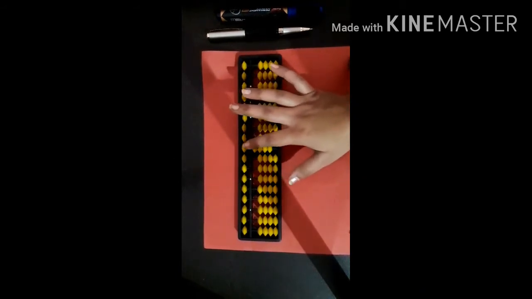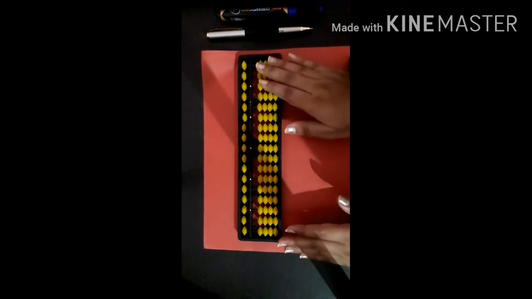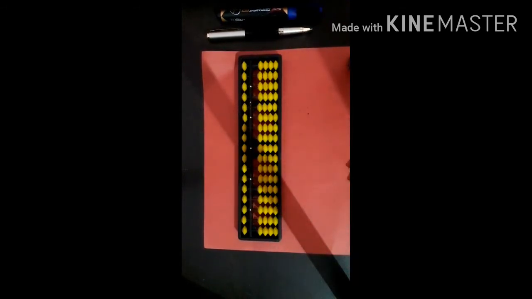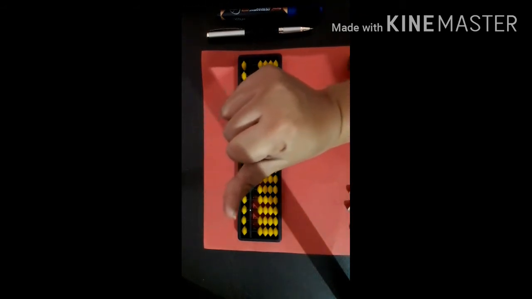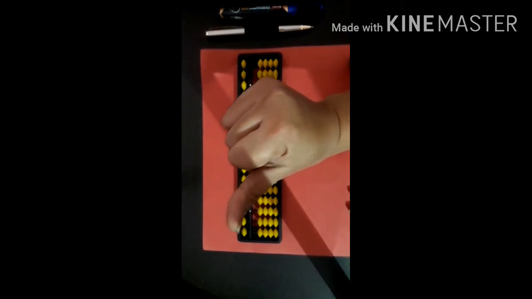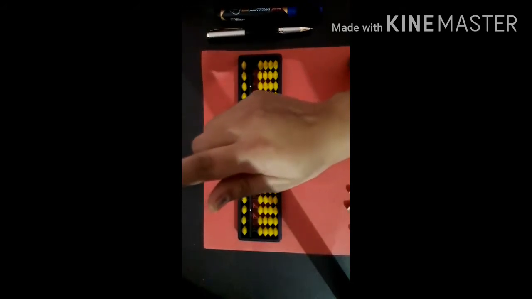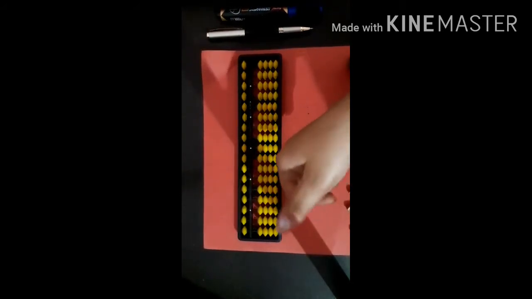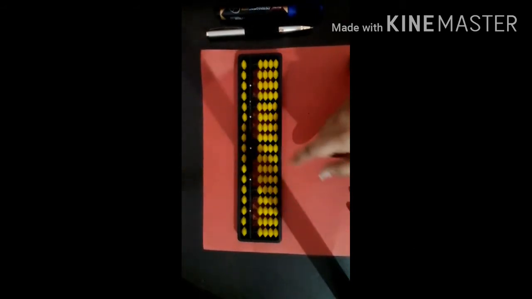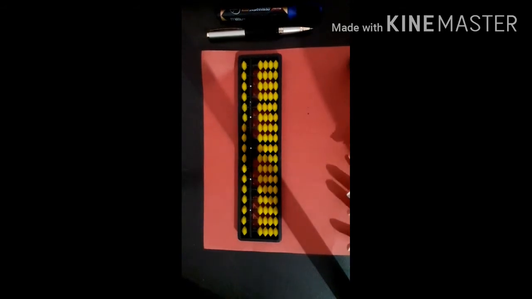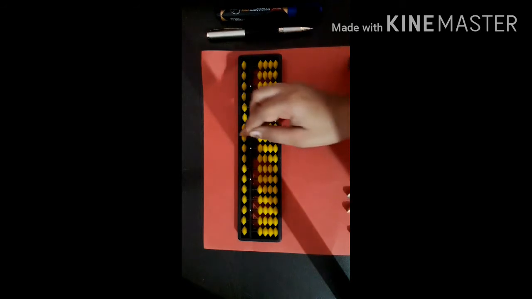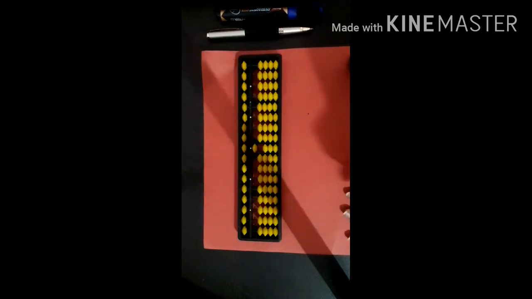Now see students, normally the beads are always down. But if you have to add the bead, then you have to put the bead up. And if you have to minus the bead, you have to put the bead down. Up, down. If you have to add, you put the bead up.